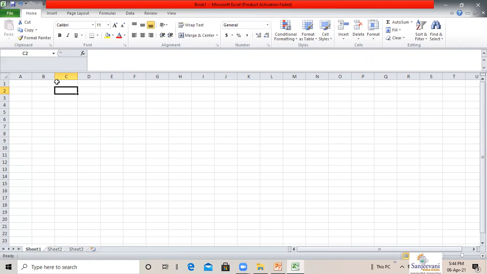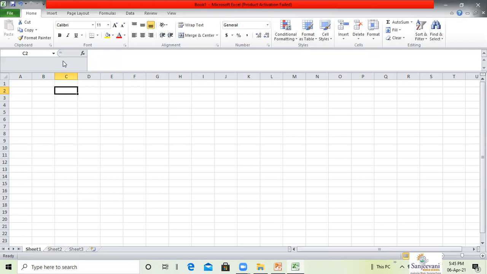Next, we are going to learn about types of data. We can enter numbers, dates and time, formulas, and text in the cell. So what are numbers? A worksheet is primarily used for computation of numeric data. Numbers are values that consist of numerals from 0 to 9, including symbols such as plus, minus, division, and decimal point. We can also use characters such as dollar, percentage, and comma with number values. All number entries are right aligned in the cell by default.